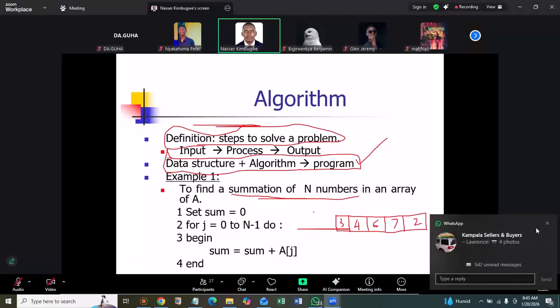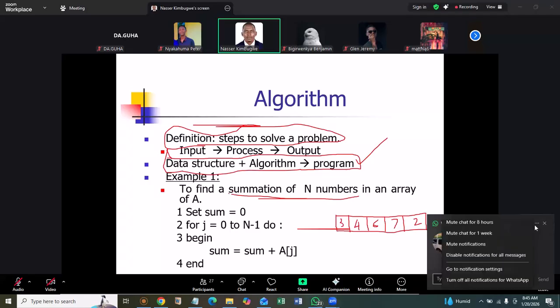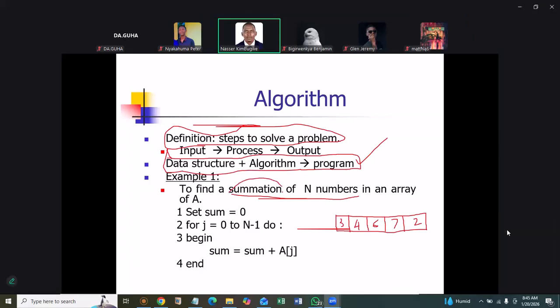and the challenge is to sum the elements in this array. Okay. So the data structure has been given to you as it is an array. So your idea now is to find the algorithm, to define an algorithm. In other words, to come up with the steps